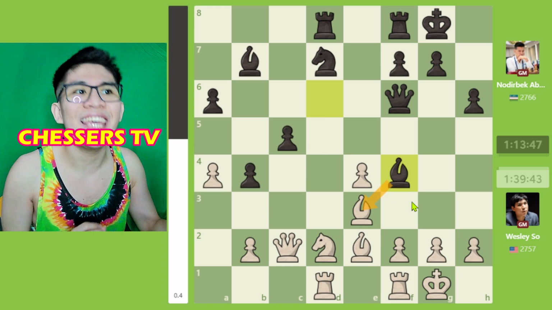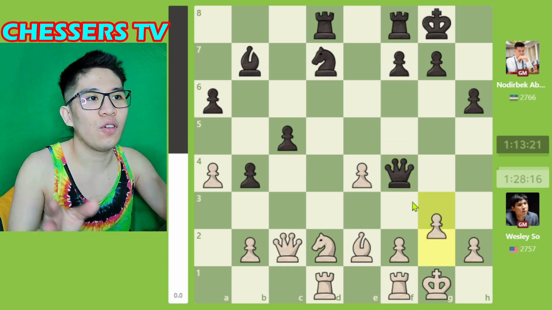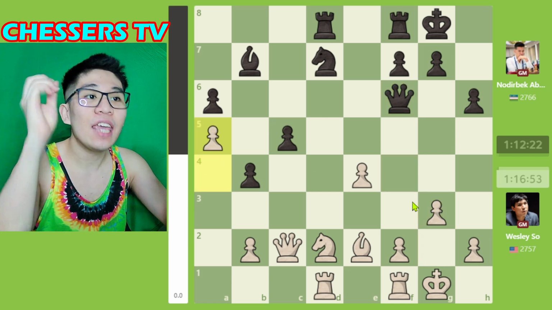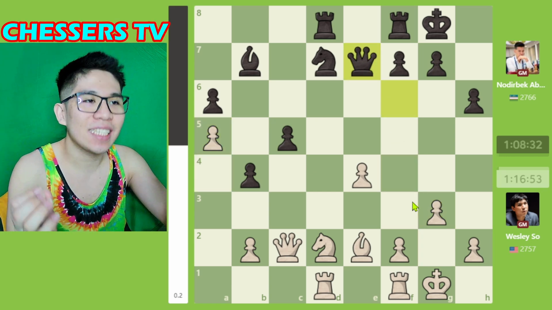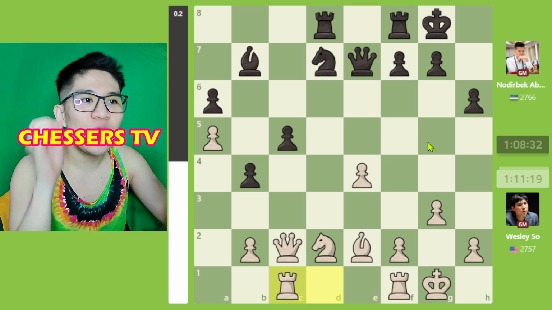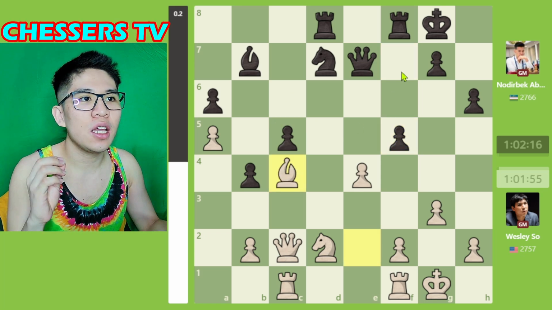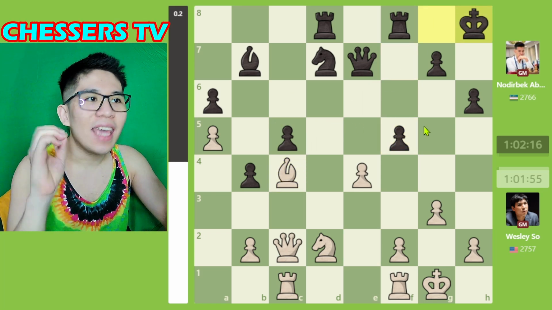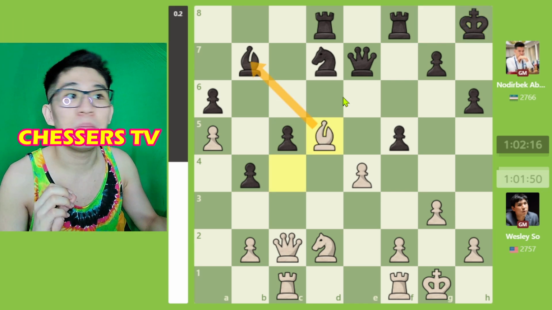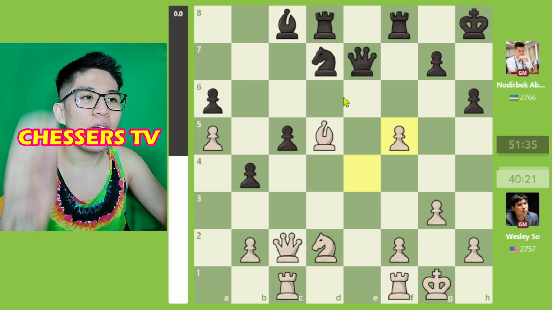bishop on E3. Bishop takes F4, Queen takes F4, G3, Queen F6, A5, Queen E7 attacking the pawn on E4, Rook C1, F5, Bishop C4 check, King H8, Bishop G5 attacking the bishop on B7, Bishop C8, E takes F5,